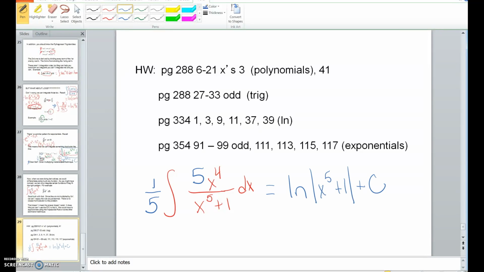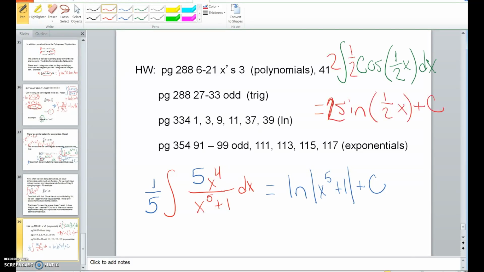All right, so here you go. The numerator was almost the derivative of the denominator. I needed it to be 5x to the 4th, so I multiplied by 5 inside the integral and 1/5 outside. I'll pop up one more example. Okay, here's a trig example for you to try. There's a solution where